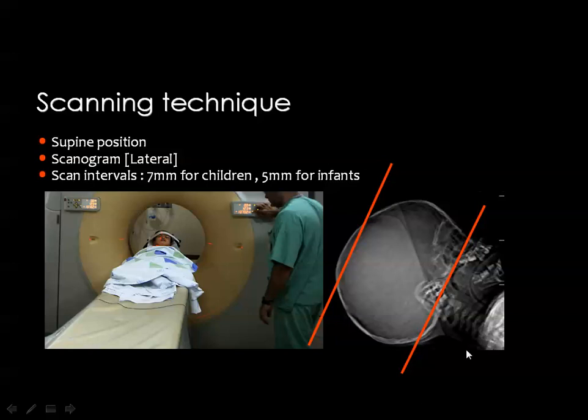We try to align the start line at the famous orbitomeatal line, which is a line joining the lateral canthus of the orbit with the external auditory canal. And this will result in the good scanning for the brain,